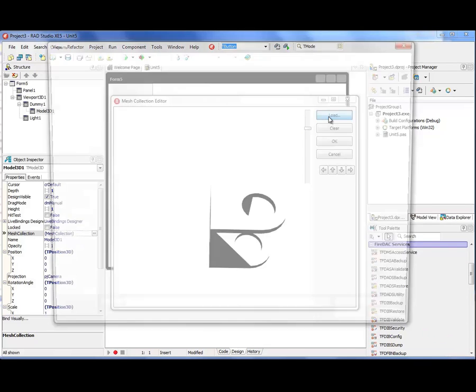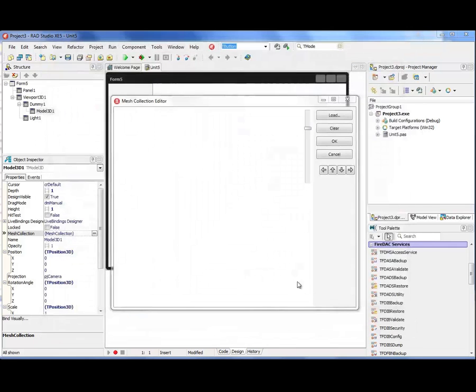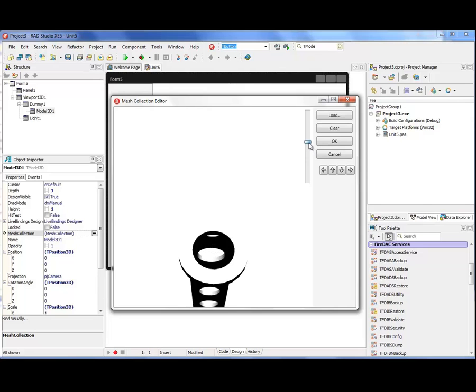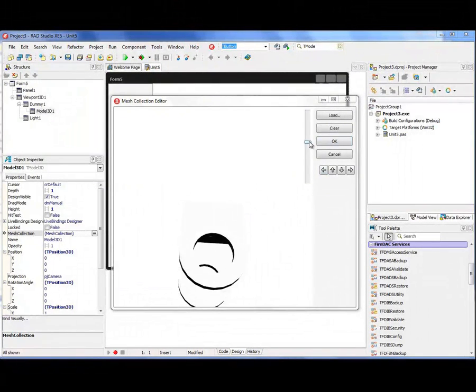So it's better to export complicated parts in DAE format, like this. So now we have quite an okay model.